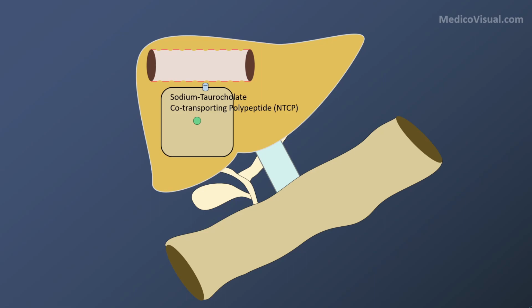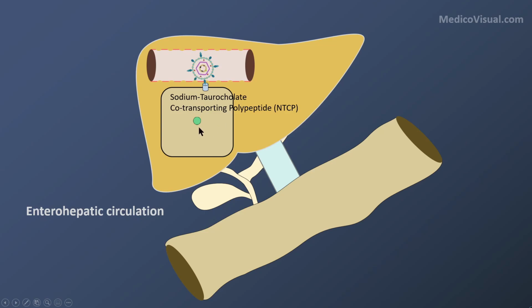Actually this name is a misnomer. It is not only sodium taurocholate co-transporting; it transports other substances as well, especially other bile acids and bile salts. But maybe because taurocholate was the first bile salt observed to enter through this channel, it was named NTCP. Why am I stressing this NTCP? The reason being that this NTCP is the transport channel, a protein with which the hepatitis B virus attaches and gains entry into the